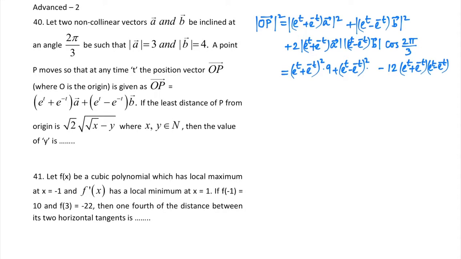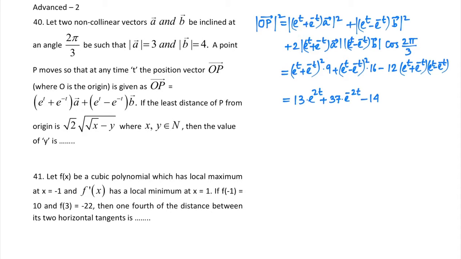Now if I just put the values of (e power t plus e power minus t) whole square, if I expand them, I will get e power 2t, 9 times. There is a mistake here, this should be 16, should not be 4. Right. So total I will get 13 times e power 2t, and I will get 37 times e power minus 2t, and then there will be minus 14.